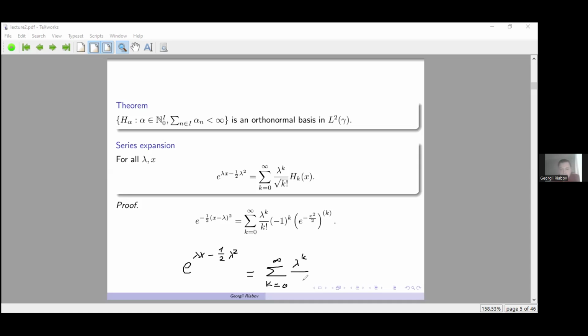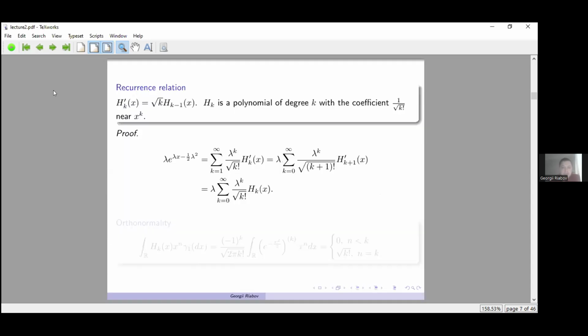So let me write it as follows. And this part is exactly the kth Hermite polynomial. Okay, so we have such a series expansion,